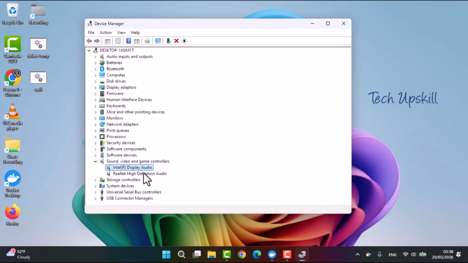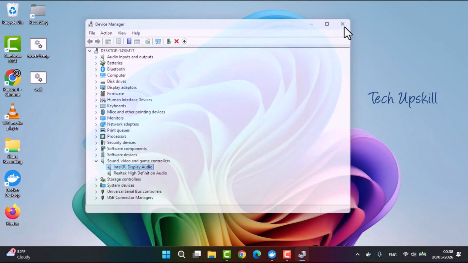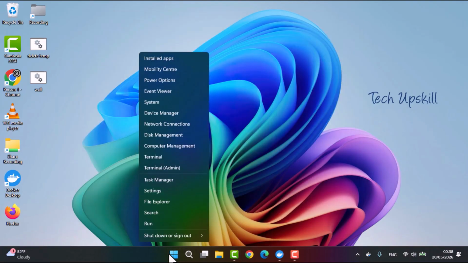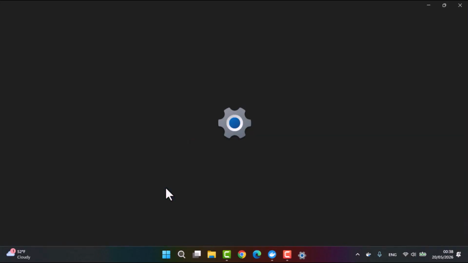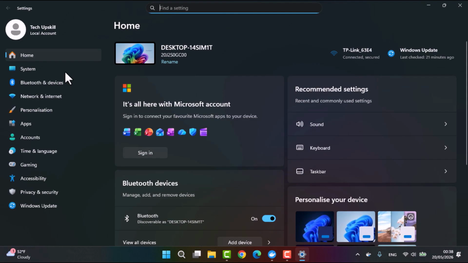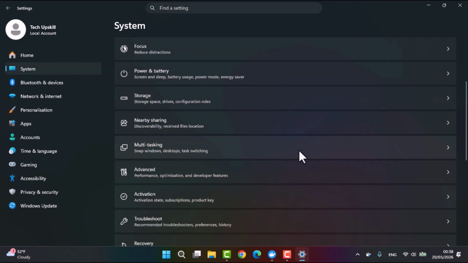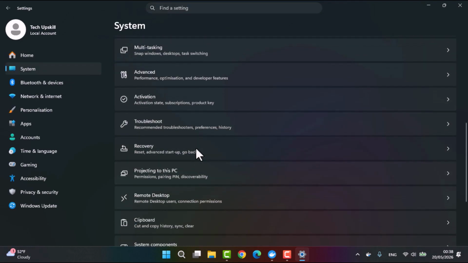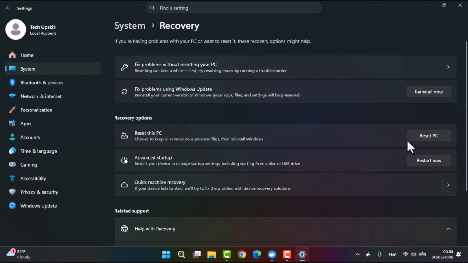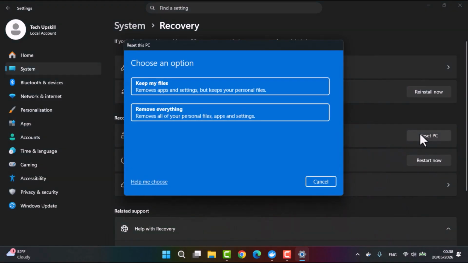If fully charging your device does not solve the problem, the next recommended solution is to reset your PC. Right-click on the Start button and select Settings from the menu. Navigate to the System tab, then scroll down to find and click on Recovery. You will then need to click on Reset PC. For this process, choose the option to remove everything, and then proceed with a cloud download to reinstall the Windows